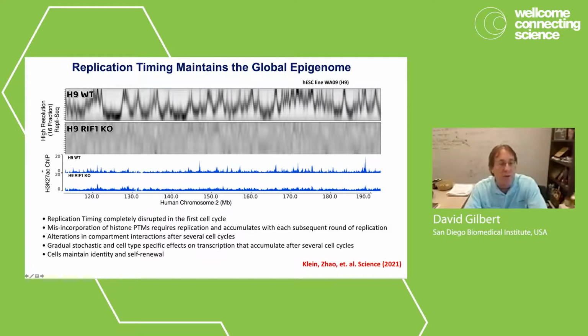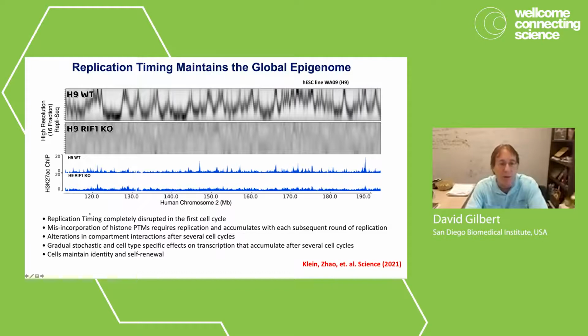And so what I'm showing you here, we did a bunch of histone marks. I'm showing you here is just H3K27 acetylation. So you see that in wild-type cells, you can pick out peaks. We also showed these peaks generally interact with each other, and you can see that they align with the early replicating peaks in the RepliSeq. When we knock out RIF1, we get a delocalization of that signal, and we showed quantitatively it's a delocalization, not just a downregulation of acetylation, but actual delocalization of where these histone marks are.